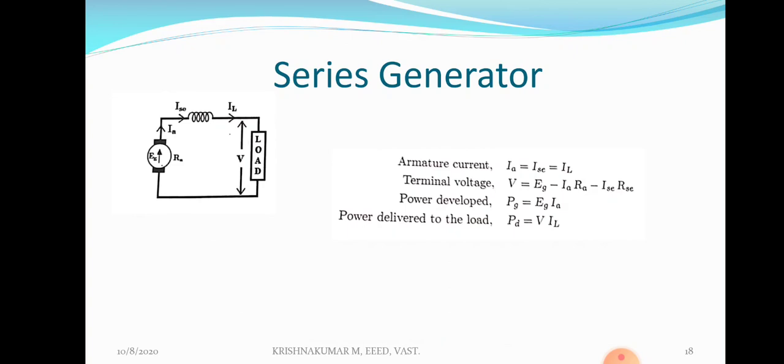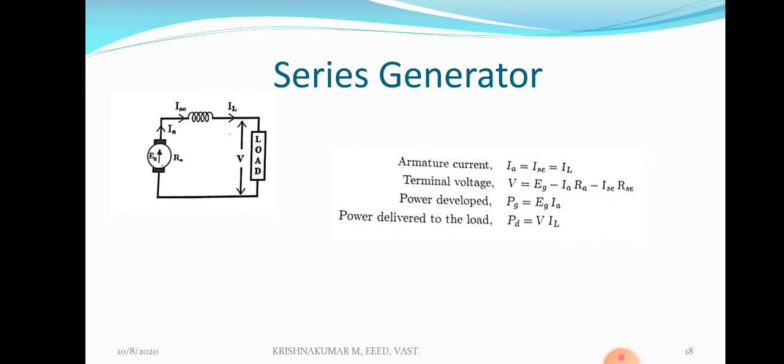In the case of a shunt generator, don't give load first. First of all, build up the voltage. Then we can connect the load across the shunt generator. In a series generator, first of all, it is necessary to connect the load in series with the generator. Without the help of load, it is not possible to build up the voltage in a series generator. So the voltage build-up process is entirely different in the case of a shunt generator and a series generator.